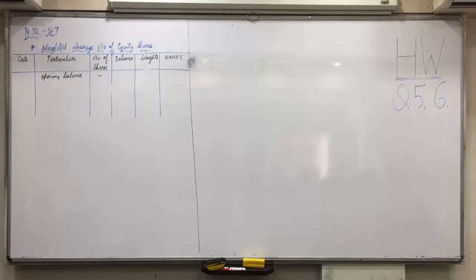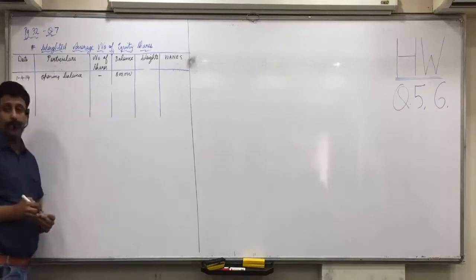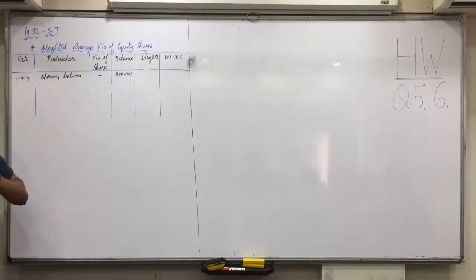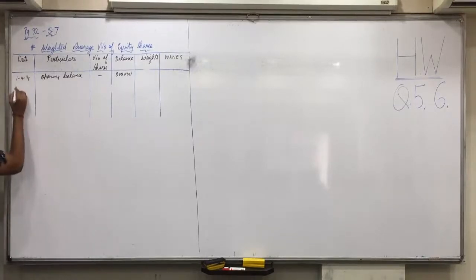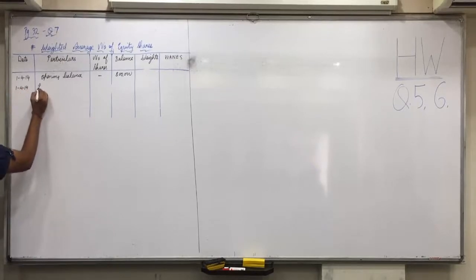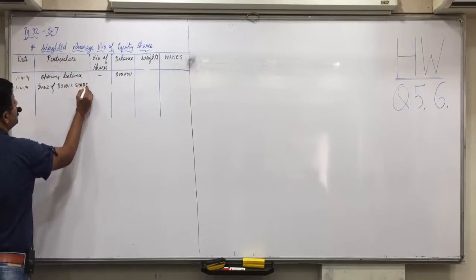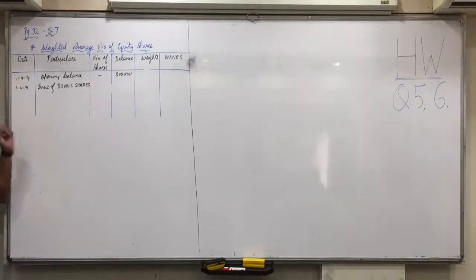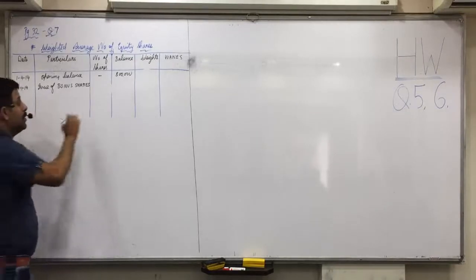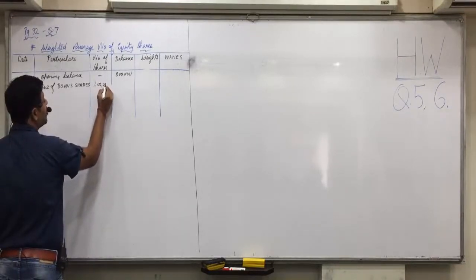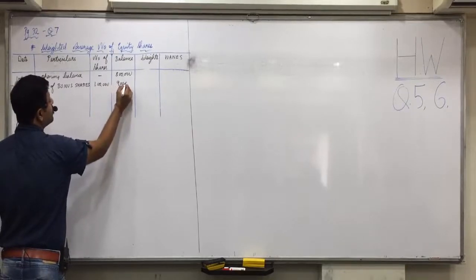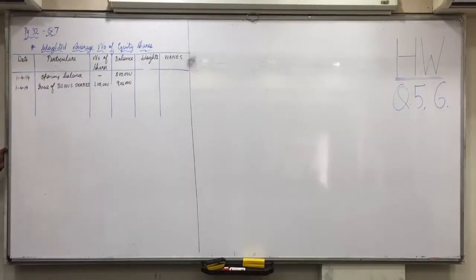Completed everyone? Now see here, 1,414. The opening balance is 8 lakhs. Now we have to go in chronological order of date, and bonus shares we have to take from 1,414. So write 1,414 issue of bonus shares. In the chronological order, bonus shares will come first. Understood that? 1 lakh. So 8 lakh plus 1 lakh, 9 lakhs. Understood that everyone? Bonus shares will be taken from the beginning of the year.